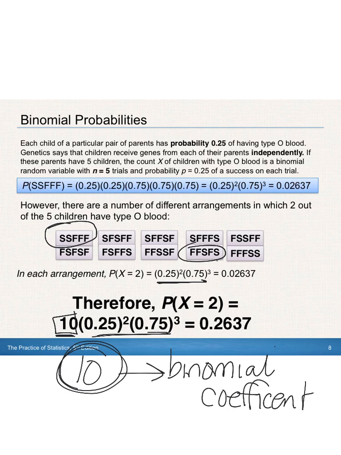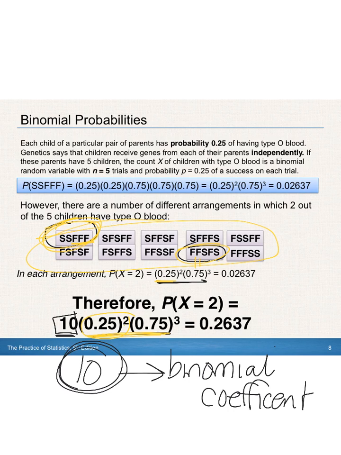On the last screen I showed you the first two kids having type O, and then the last three. That's one way that the kids could have been born in that order. And that's also this one, for example. What if the first two kids did not have type O, and the third did, fourth did, and fifth did? There's a total of 10 ways that the children could be born and still have two kids have type O blood. And so you would take the original calculation of